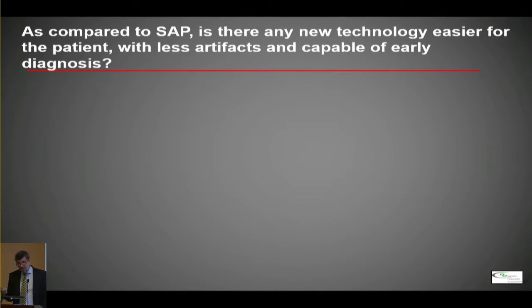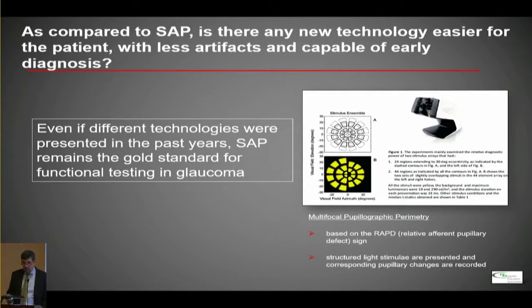Is there anything new in the near future in terms of functional analysis? Actually, no. Visual field white on white is still the gold standard. There were different testing on other machines. This was probably one of the most interesting, the multifocal pupillographic perimetry, which was independent from the patient performance, but unfortunately there's not much to say about it because it was introduced in the past 10 years and never really came